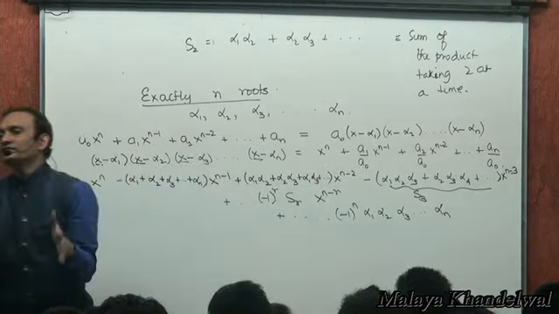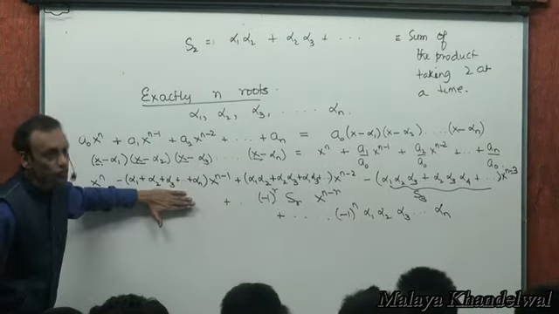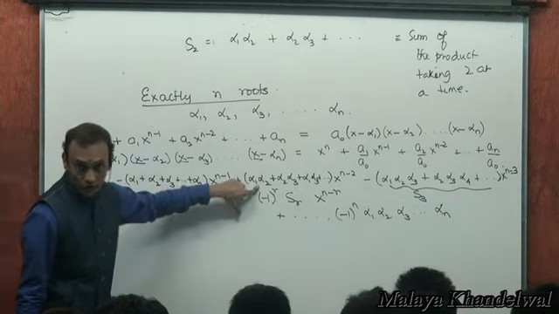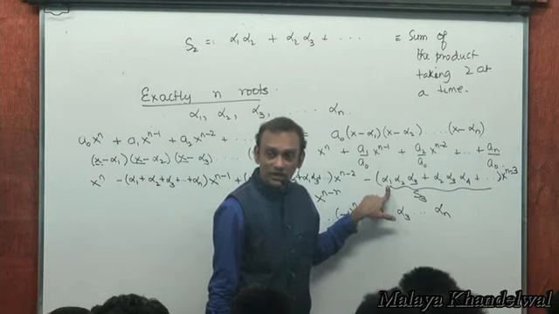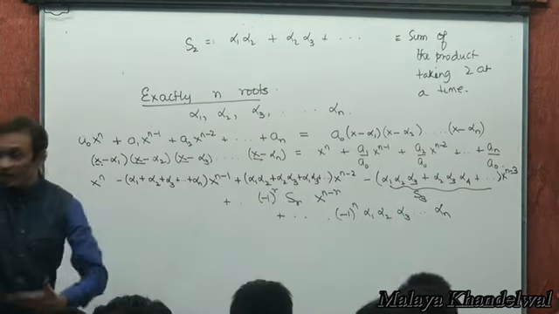So I can equate coefficients of equal powers of x on both sides. This is S1, sum of the roots, which is sum of the product taking 1 at a time. This is S2, sum of the product taking 2 at a time. This is S3, sum of the products taking 3 at a time. Now if I equate coefficients of equal powers of x on both sides,